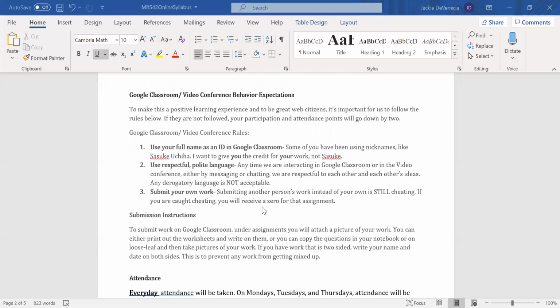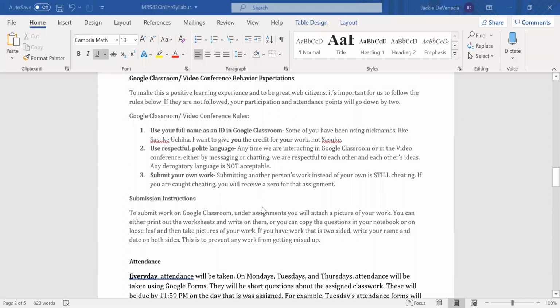Now, submission instructions. So when I'm asking for that classwork, I'm going to ask you to first make sure you have your name, date, and the worksheet number on your work, front and back. That's only if your work is 2 pages front and back or 3.